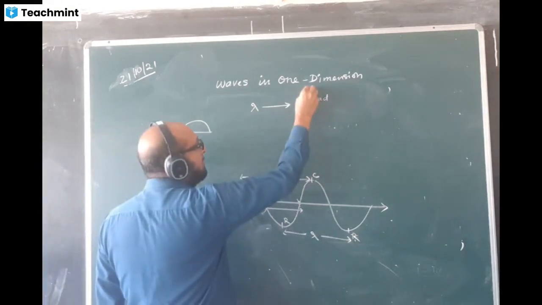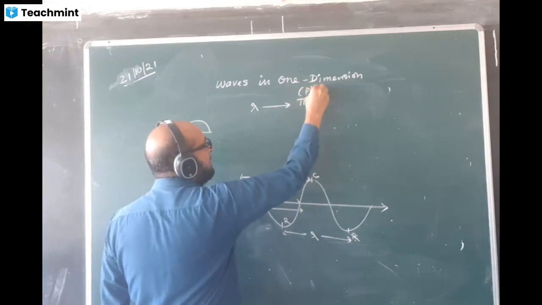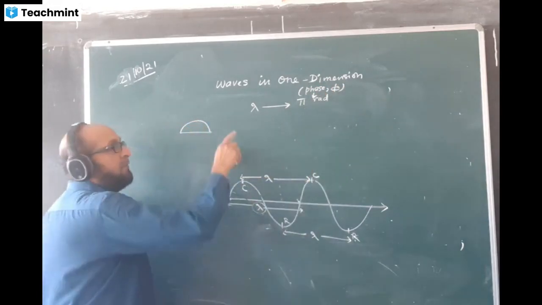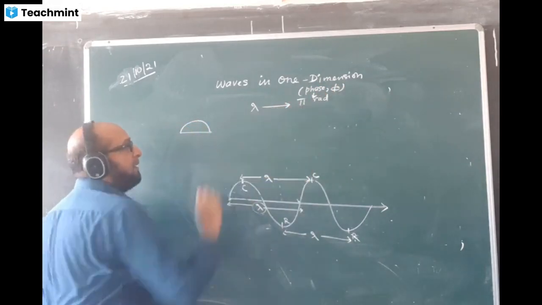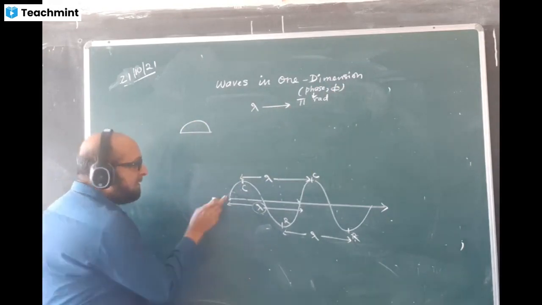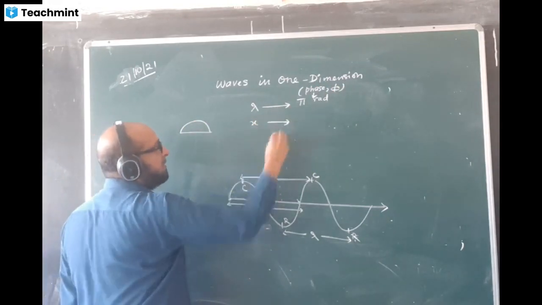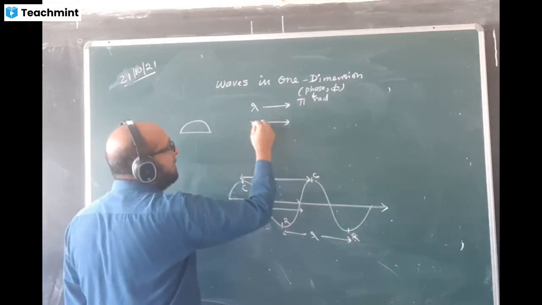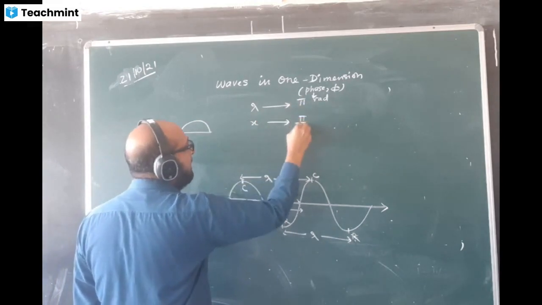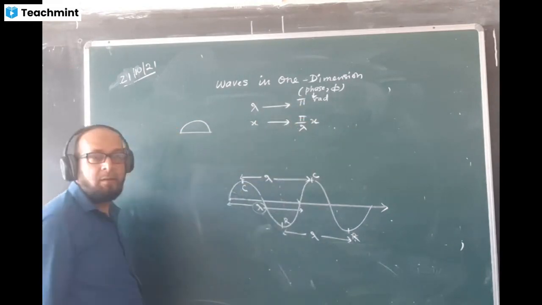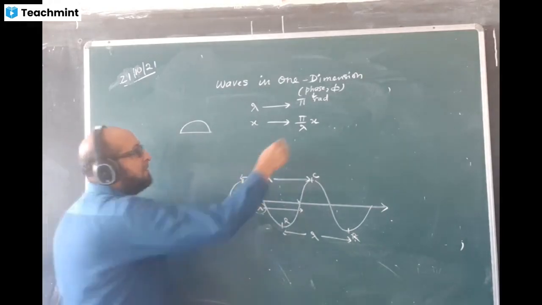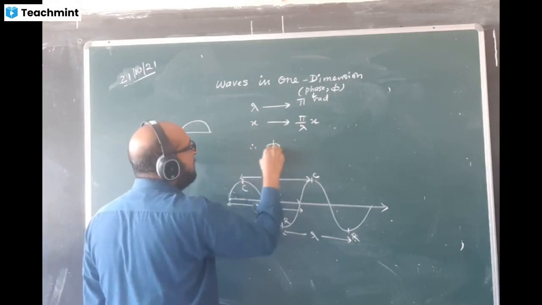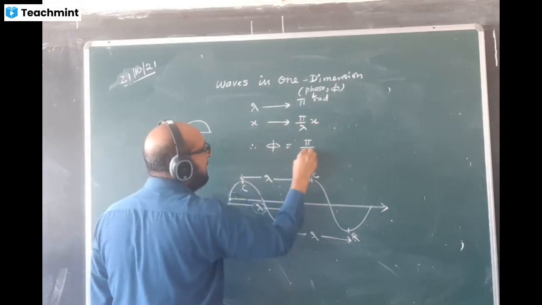This angle is known as phase. We call it phase, or we denote it by phi. When wavelength value is lambda, then the value of phi is pi. But when this kind of length is x, any distance x, then what is the value of angle there? Unitary method will apply. These two will cross multiply. Write here pi by lambda x. This is then the value of phi when the distance is x. Therefore, phi value in terms of x will be pi by lambda x.